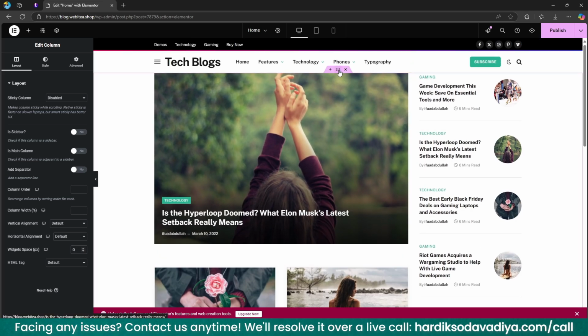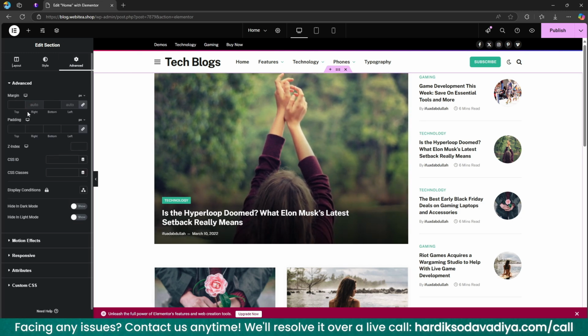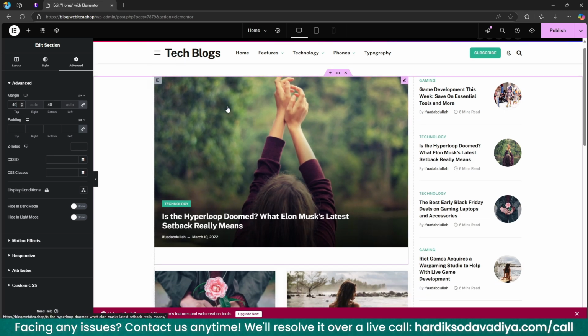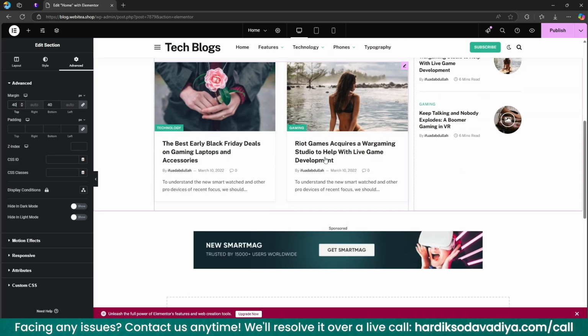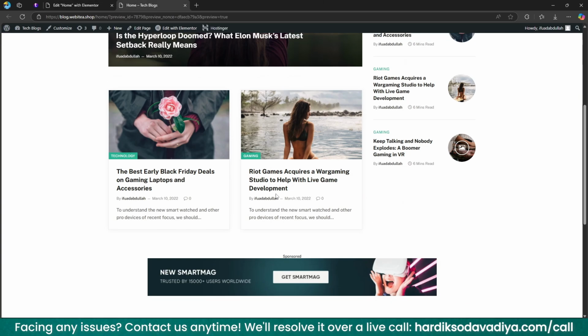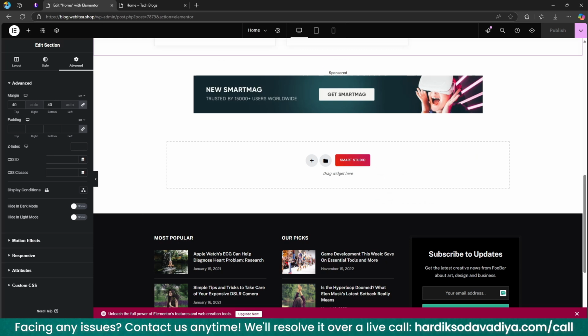Great. We need to do a small thing. We need to add a space on the top. So let's say we are adding 80%, or no, 40% of space here. Okay, great. So we successfully created 2 sections. Let's take a look at how it's looking. You can check the website by clicking on the preview changes option, and so far we have created this section. Now moving on to the third section,